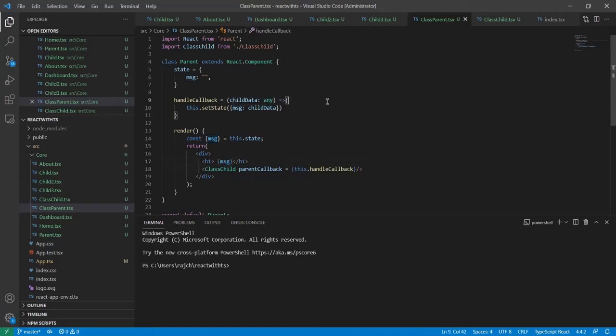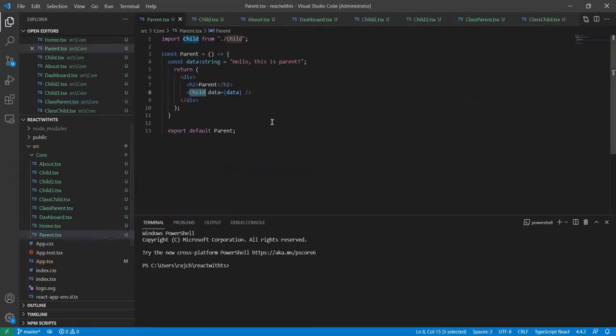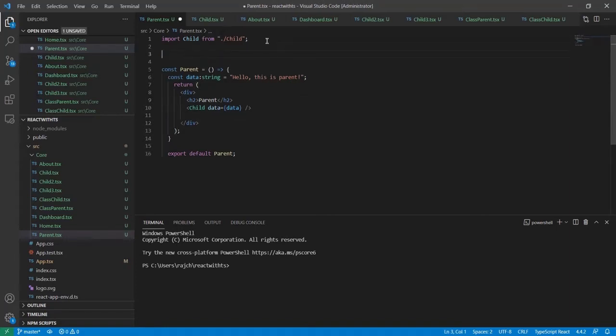So now I need to add this parent to any page. So I am going to add it in the actual parent that we discussed in the earlier video. So this is the functional component. Okay, and here in the functional component I will import that class component.